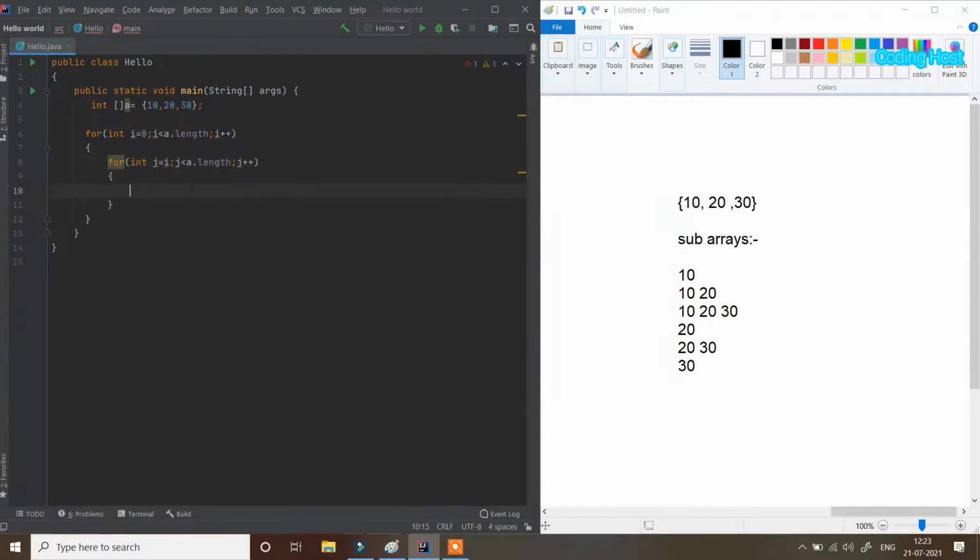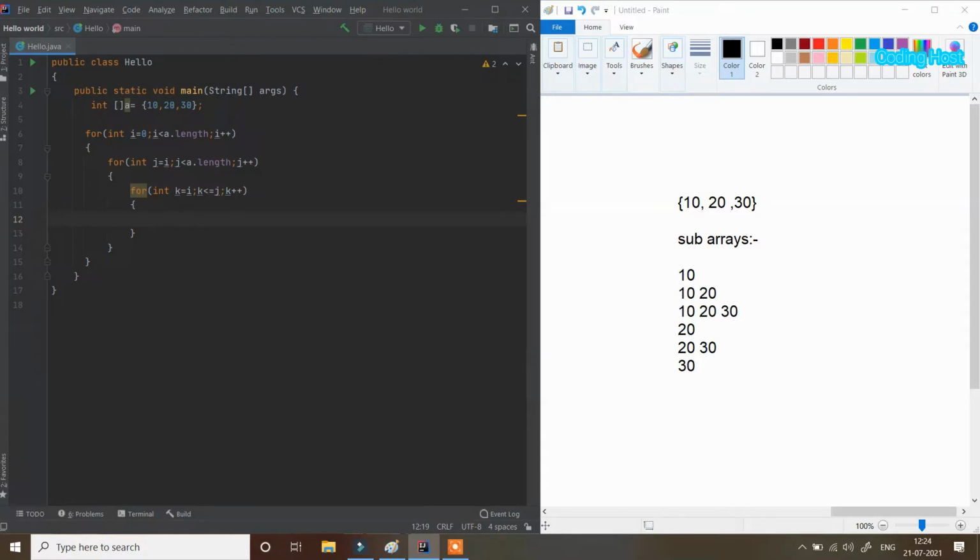And in this for loop I will take another for loop, for int k equal to i and k less than or equal to j and k plus plus. In this for loop I will print array elements.